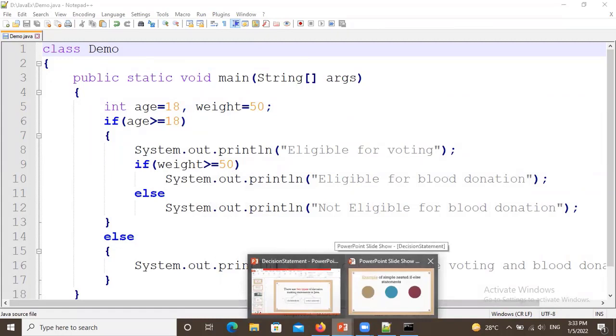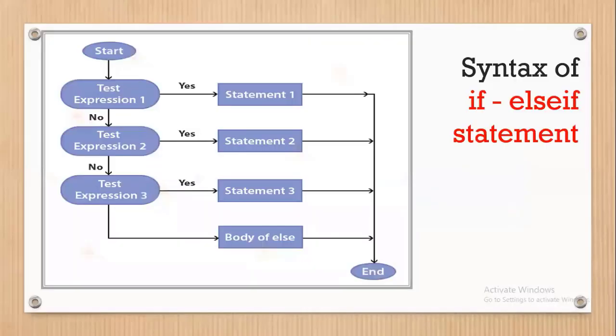So now the next is the if else if statement. It is also known as the else if ladder. If expression 1 is true, statement 1 will be followed. If not, it will check expression 2. If expression 2 is true, then statement 2 will be followed.